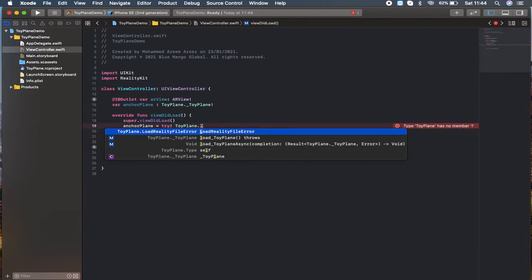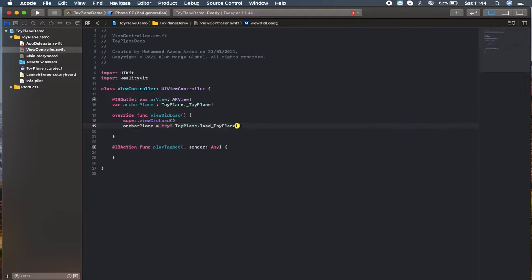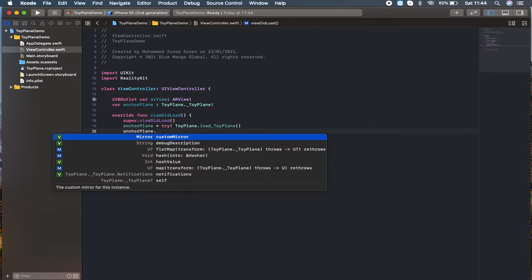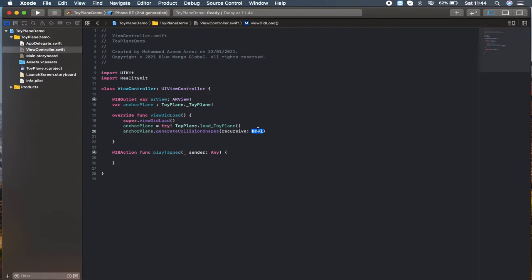So load ToyPlane. I'm going to load this toy plane here, and then anchorPlane dot generateCollisionShapes, and recursive I'm going to set as true,